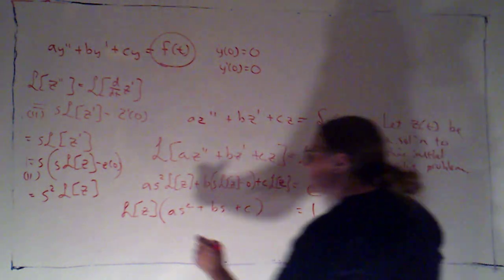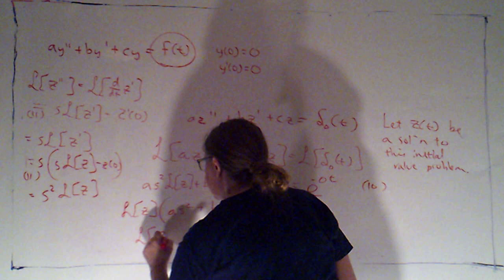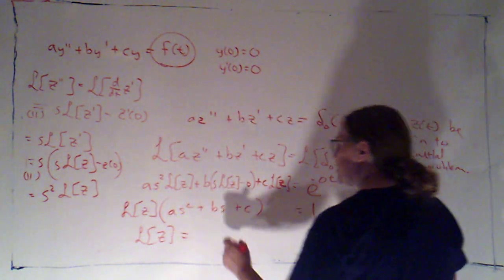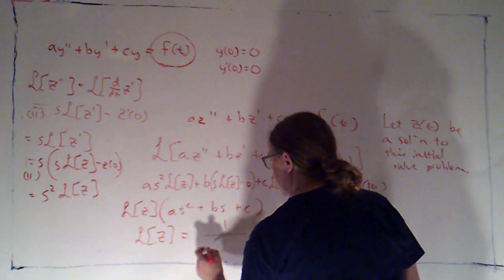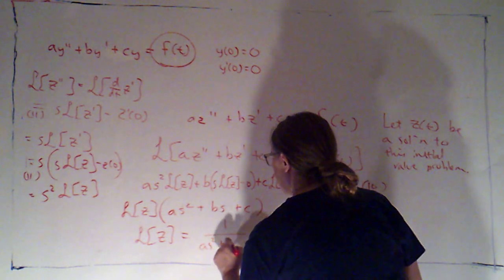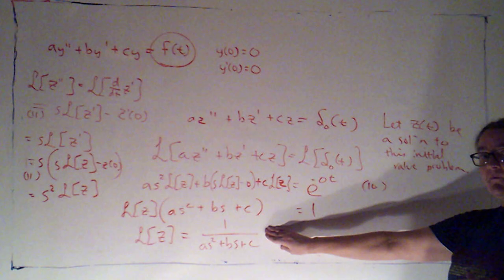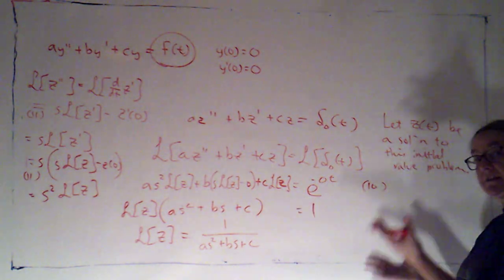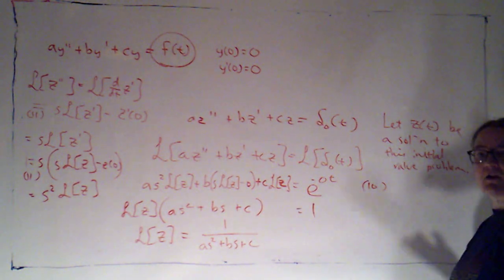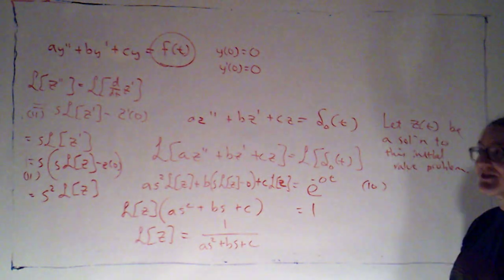Okay. So the Laplace transform of z is just 1 over as squared plus bs plus c. So the Laplace transform for z is just the reciprocal of that characteristic polynomial that we've spent so much time